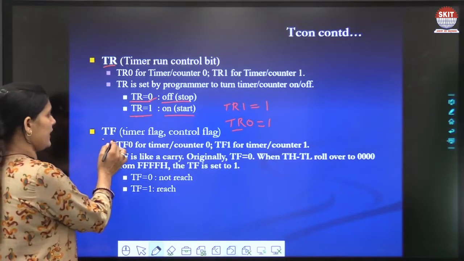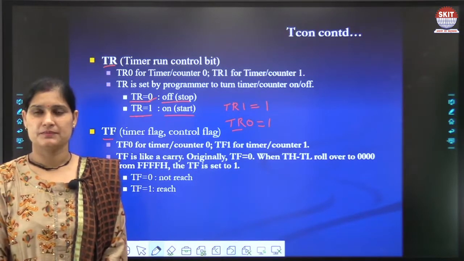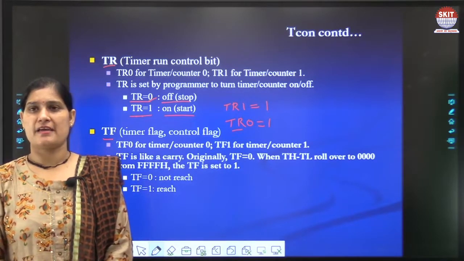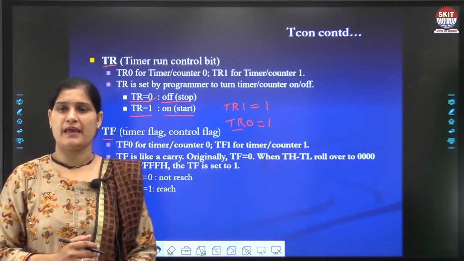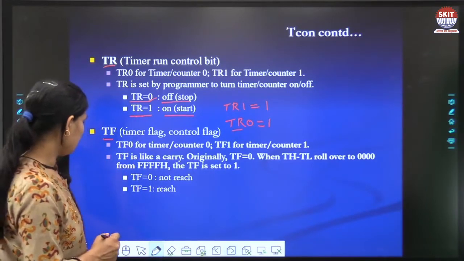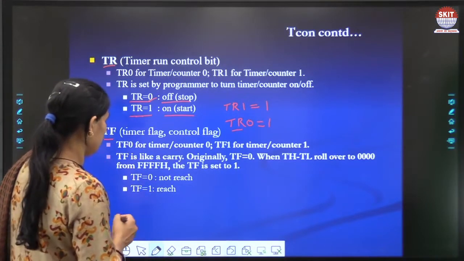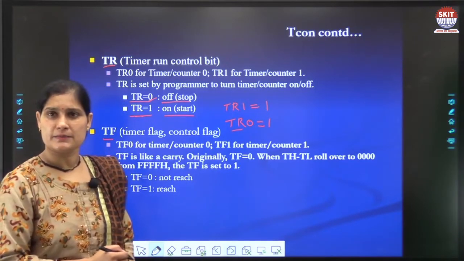The next bit is TF, the timer flag control bit, okay. What is the function of the timer flag control bit? We know that these timer counters are 16-bit registers, okay.